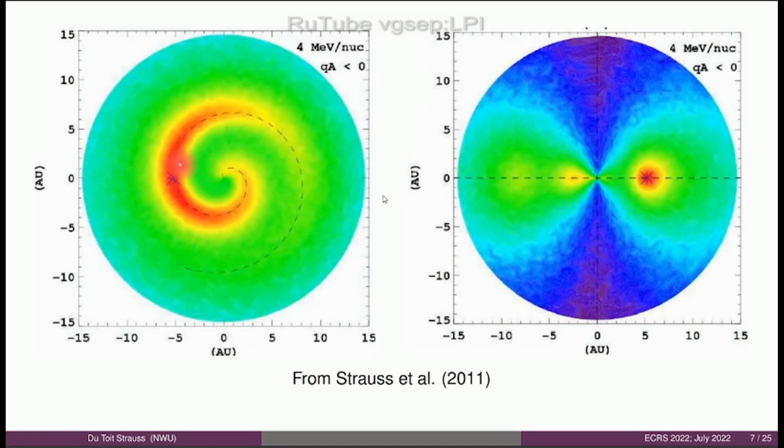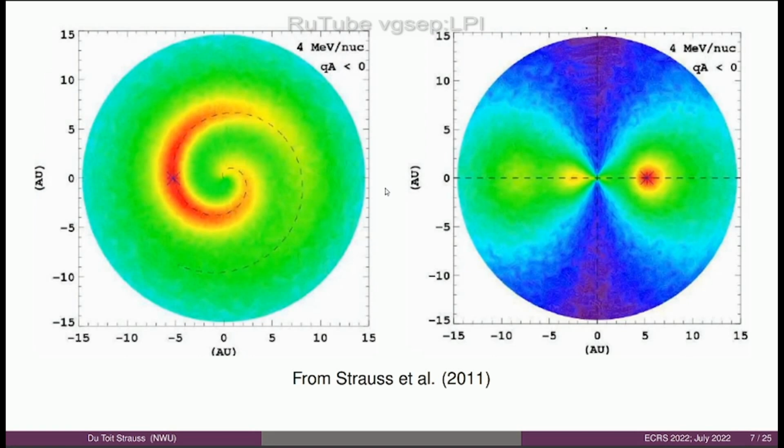And as you can see, the intensities are high along the field. There are, of course, spatial gradients in there, but it's relatively high along the field, and there's a very large gradient perpendicular to the field. This is because if you look at charged particles propagating in a turbulent plasma, which this is a nice case of, you have a much more efficient transport along the field, where you have only pitch angle diffusion, and then weak diffusion across the field. So you get this three-dimensional spiral structure.